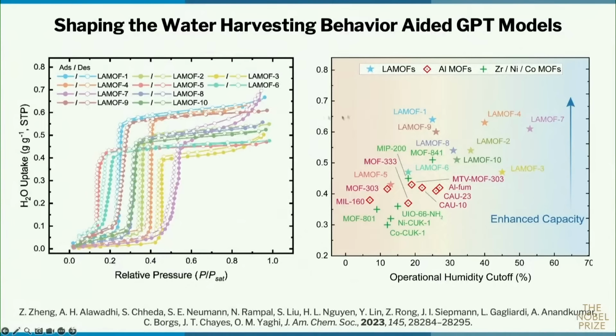And it turns out that some of these MOFs that came out of ChatGPT are the best MOFs for water harvesting. Some of them give you more than 50% water above and beyond what I showed you with MOF 303. Okay, and that's not insignificant, because that's 50% more water every cycle. Every cycle that you do, every day for 7 years. Okay, and that is so exciting, because now it's